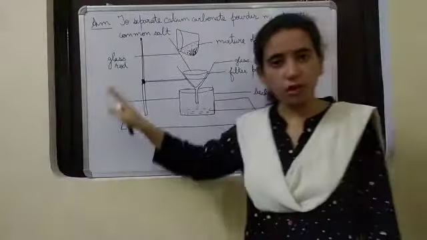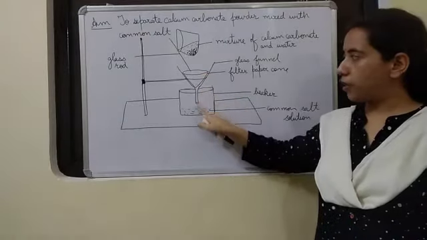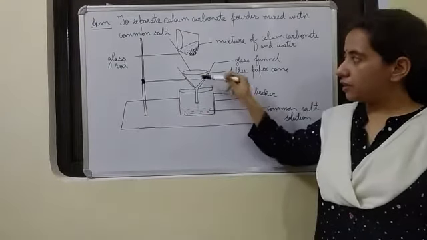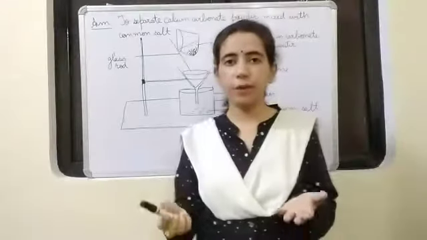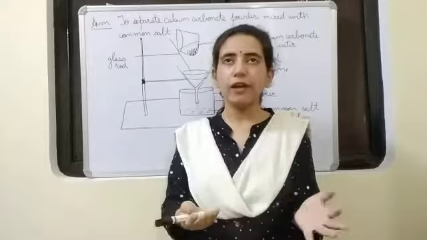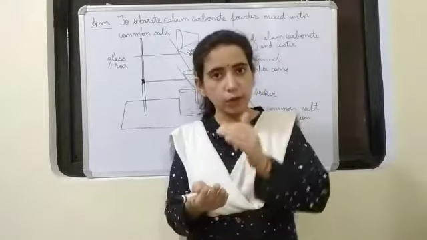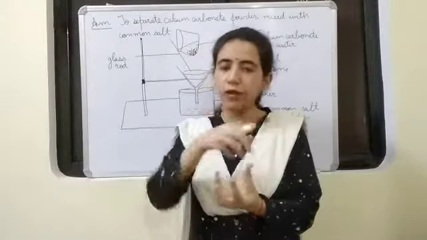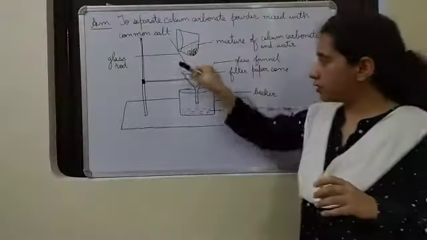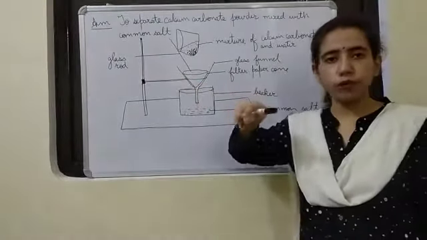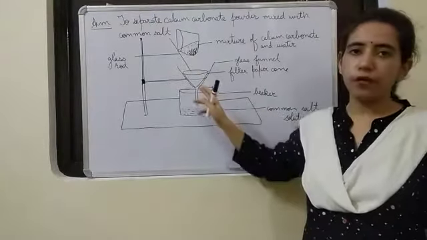For filtration, this is the whole setup. We have taken a glass funnel here. At the end of the funnel we have placed a beaker, and in this glass funnel we have placed a cone shaped filter paper. We have to take a filter paper and make it in the form of a cone. We can do that by folding it in the form of a quarter: first make it half, then one more fold, and when you open that you will get a cone. That cone we can fix here with the help of a few drops of water. You place this cone and on the sides you add only a few drops of water, then this filter paper cone will stick on the glass funnel.